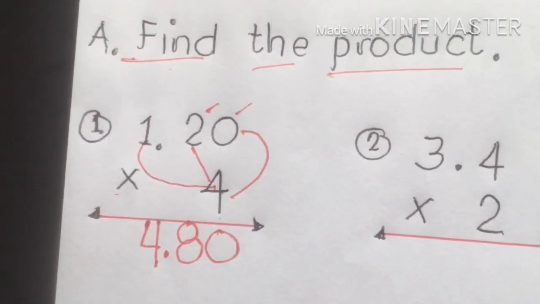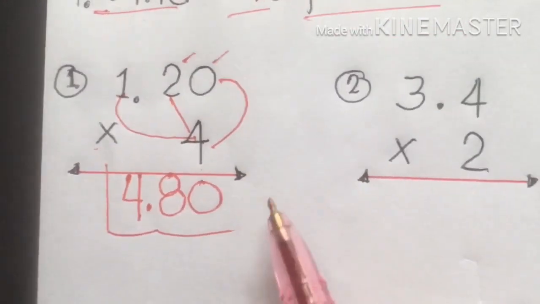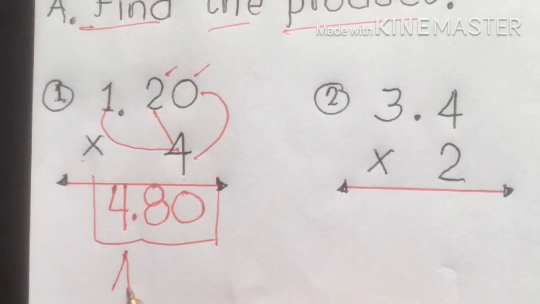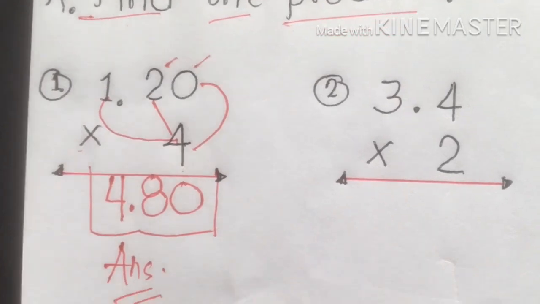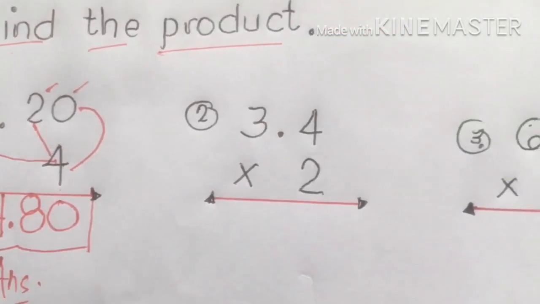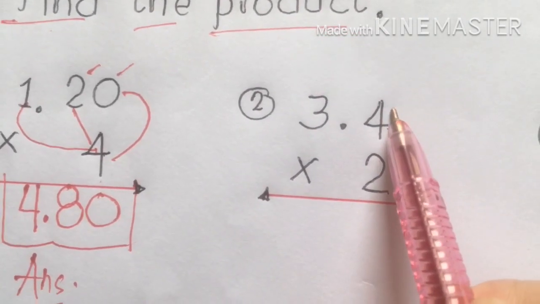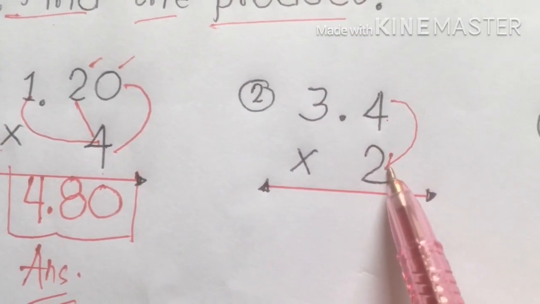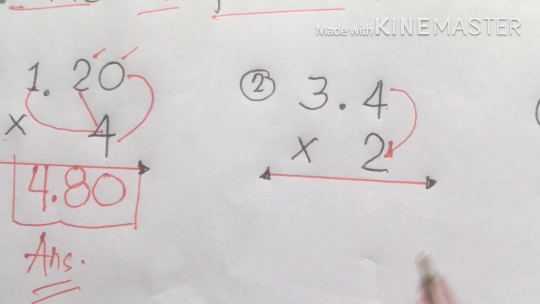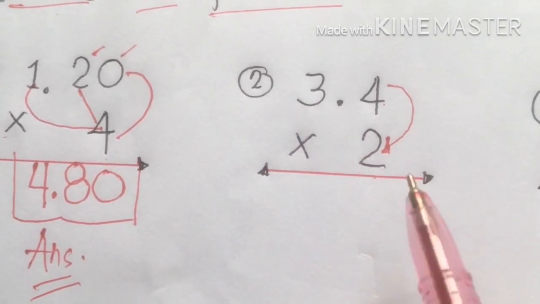1.20 times 4. The answer is 4.80. This will be our answer. Okay. Number 2. 3.4 times 2. Let's multiply first the first digit, which is 4, to our multiplier, which is 2. 4 times 2, we have,